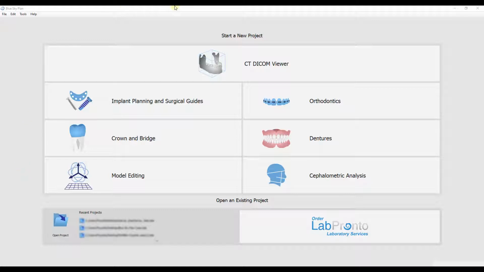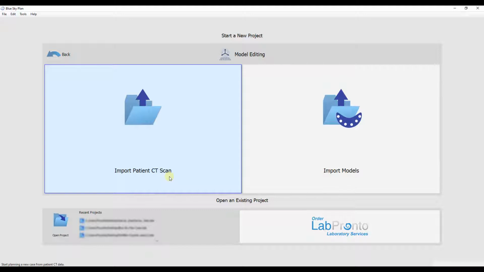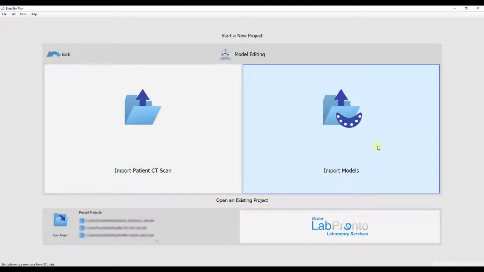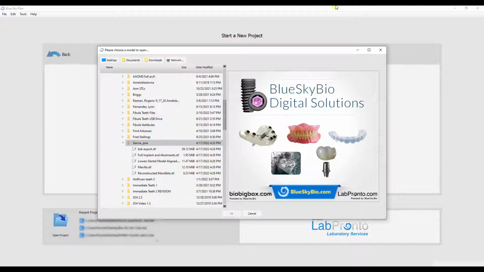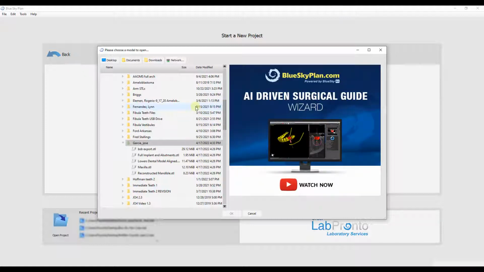So right here, we're in Blue Sky Plan. And on the bottom left here, we're going to choose this model editing. Then that takes us to this next screen. On the right, we're going to choose import models. This is where the models that were created from the virtual surgical planning that are sent to you are imported